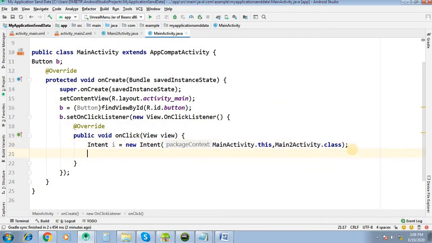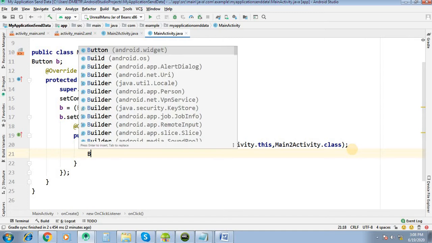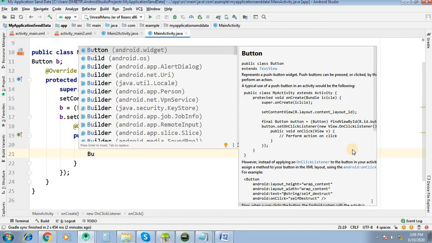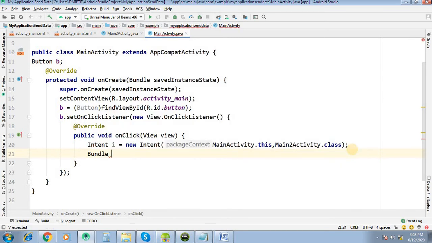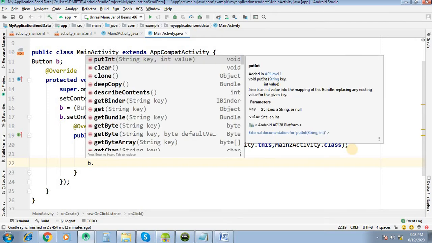Now here we will create a bundle, B equal to new bundle, and we will add our values to the bundle. B dot put string.